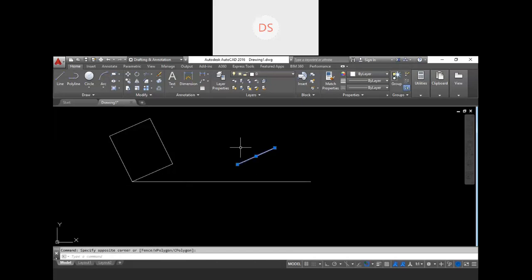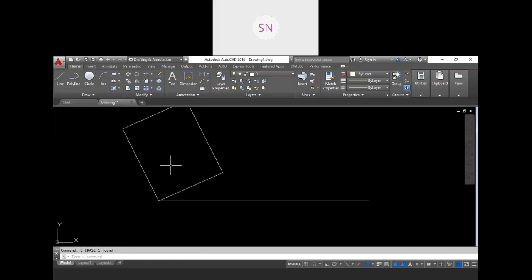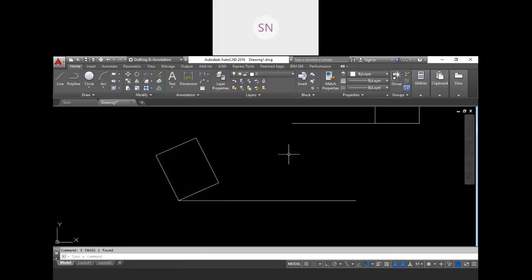So for example, again I want to make this rectangle horizontal, but I don't know this angle. So what will we do? We will use the same method. Rotate, select this, base point, reference, this is my reference, and choose the points option, but we know we want to put it in this direction, right? So you can provide the value over here, that 0 also, but let me select the points, and this is my new direction. Now it is horizontal.